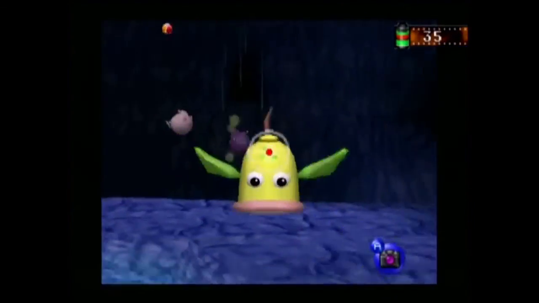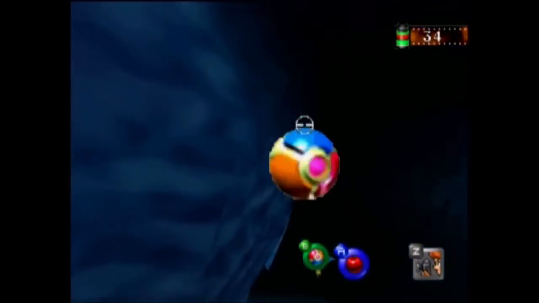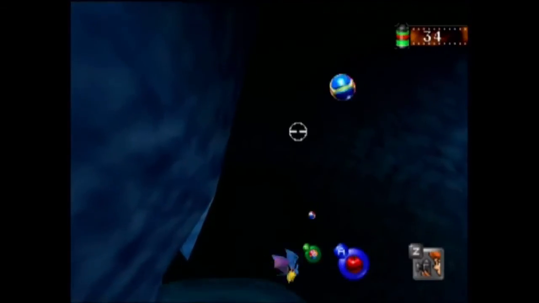No, it doesn't look like we are. That's a pretty good picture of Weeping Bell though. But if we turn around here, we'll see that Zubat is giving Pikachu a hard time. And if we can manage to hit Zubat, which I'm always bad at doing,